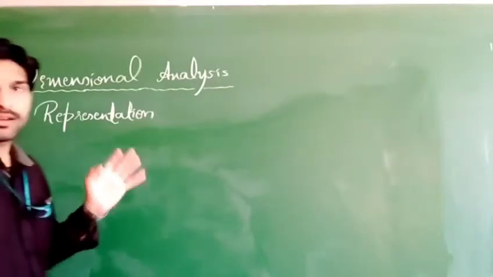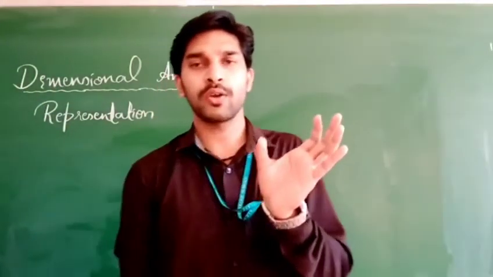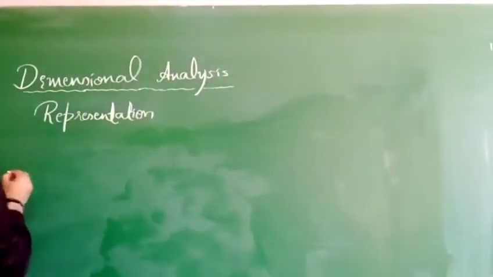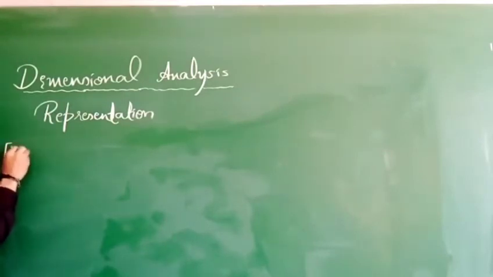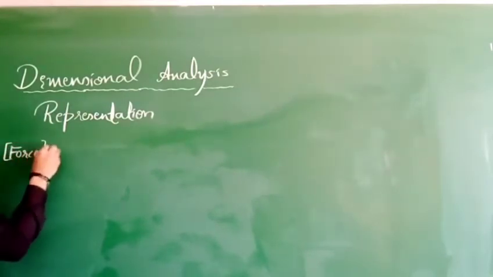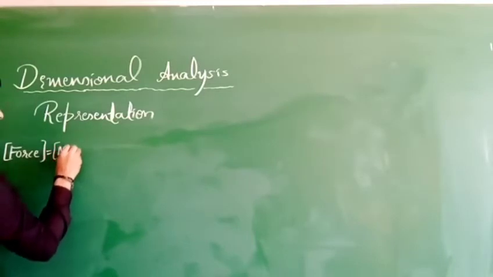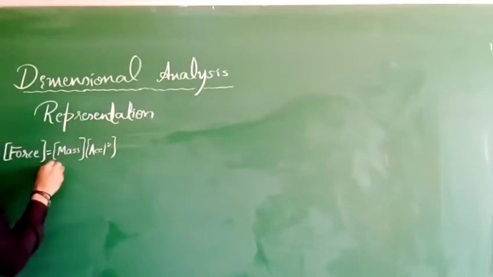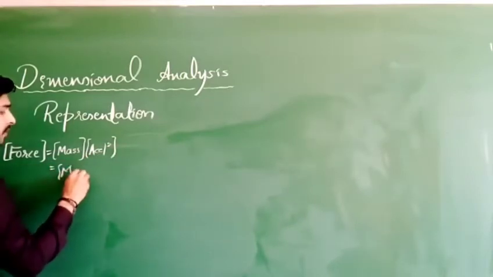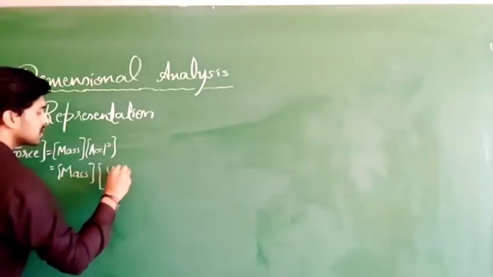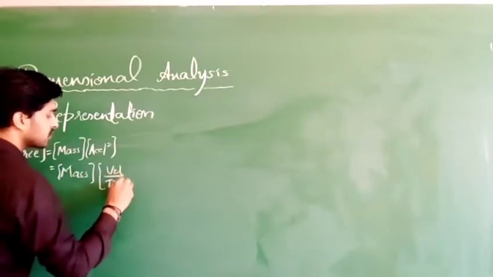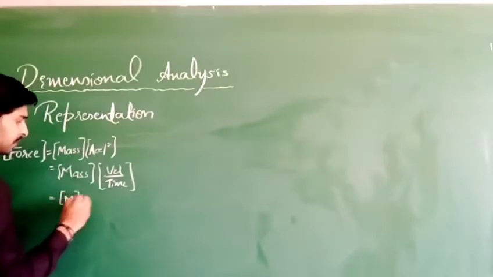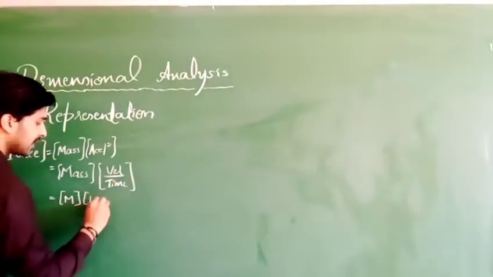While discussing work done we came across one more physical quantity, that is nothing but force. So shall I write here the dimensions of force if you want? How can you write, that is nothing but mass into acceleration, correct? Mass into acceleration. So mass as it is, acceleration means velocity by time, rate of change of velocity. So for mass capital M, velocity means L t power minus 1.